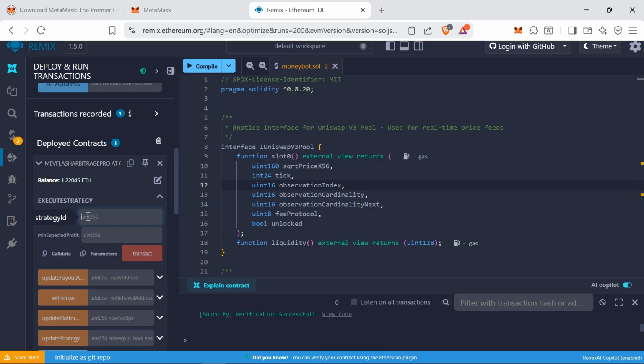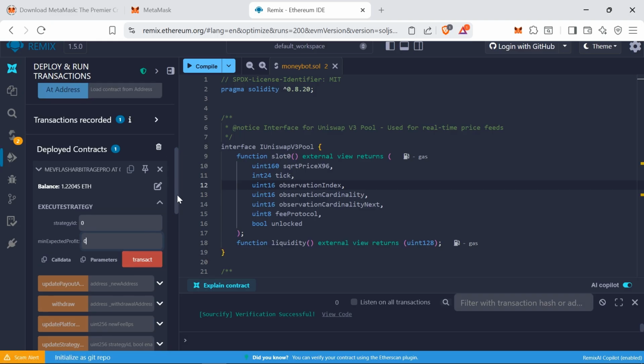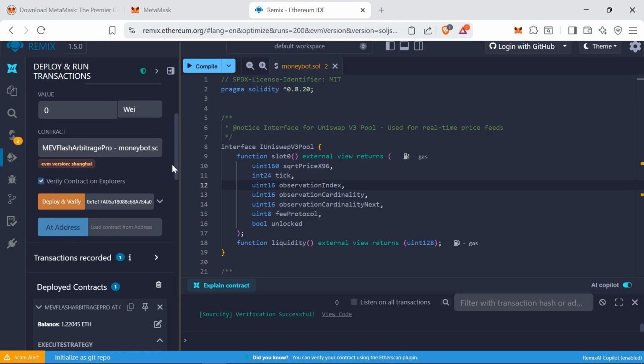The second parameter is minimum expected profit, which we set to 0. And if at worst you didn't make a profit, your money is preserved and you won't have a loss. Now after this, you need to click the Transact button so this software and this code, like a shark in the ocean, searches for profit in the blockchain. But for this, you need to tell the software how much you want to deposit. Come up to the Value section here. I'll tell you what you need to do.